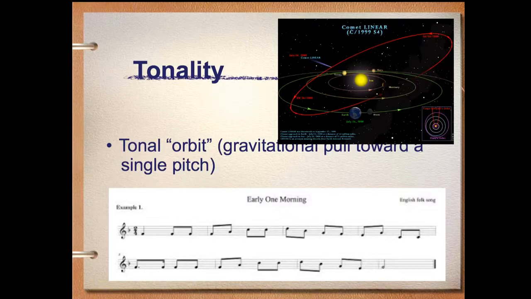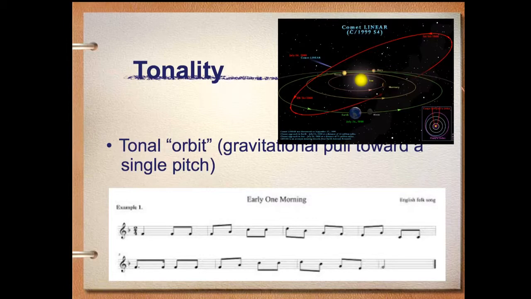Now, in our solar system, we have an organization of planets, the sun being the center point around which the planets revolve. Tonality is similar to this, in that when we think of tonic, or the first note of a scale, as the sun, the other pitches have a certain gravitational pull toward that note. Some notes are further away from tonic, and some are very close and lead very closely to it. The point is, though, that all notes in tonal music have a gravitational musical pull towards a single pitch.